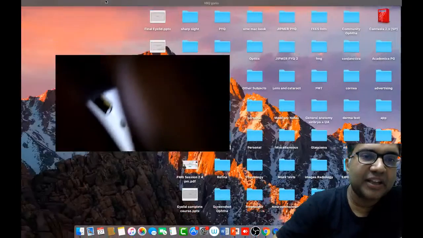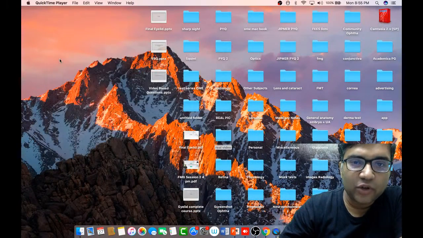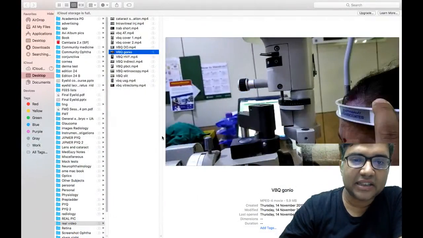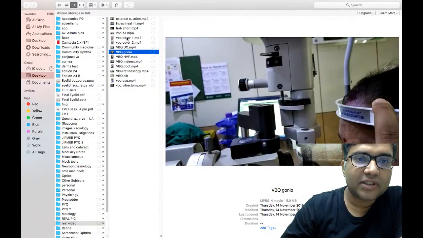So Shivani, whenever we use a cobalt blue filter, the thing is we have to see green mires. So to see the green mires, I need a blue light there. Okay, so that's why I use a cobalt blue filter in applanation tonometry. So I would show you again the procedure of tonometry.